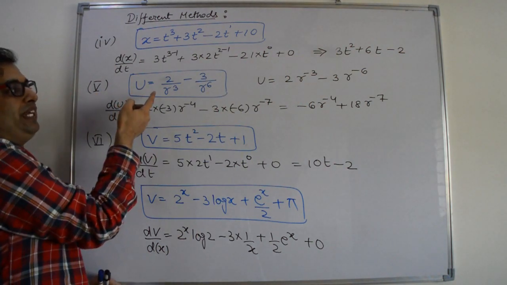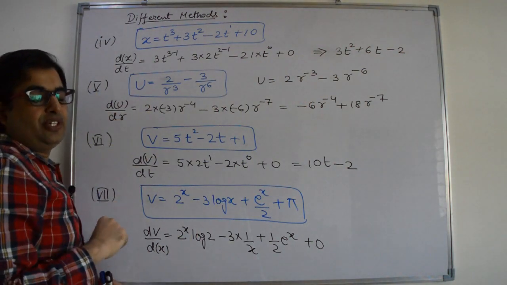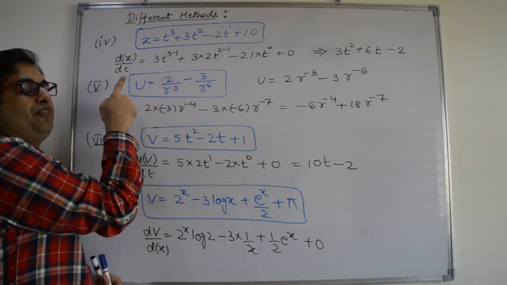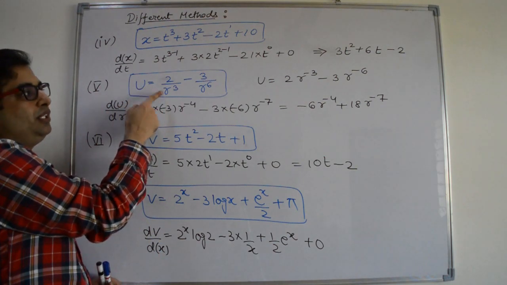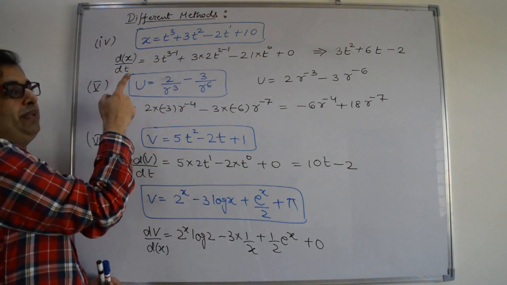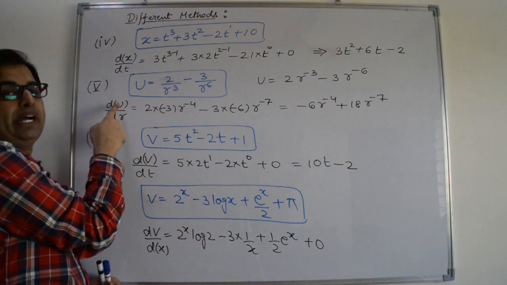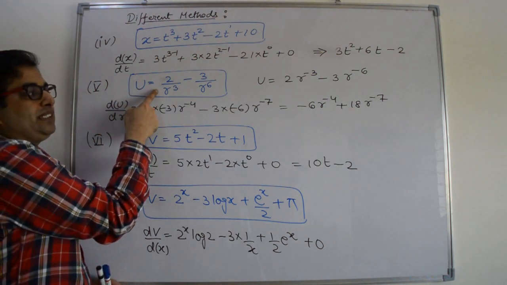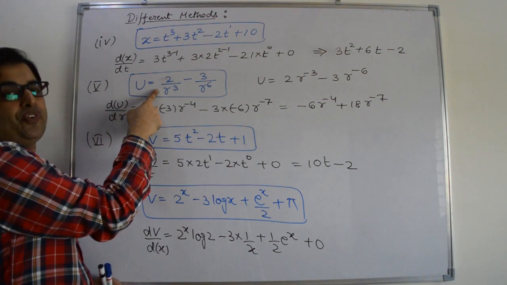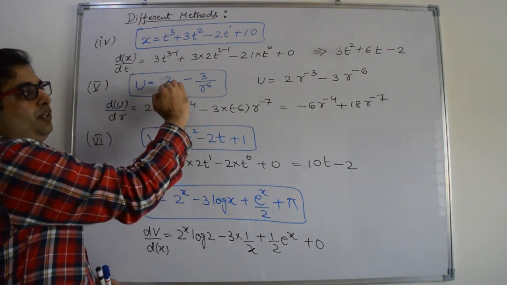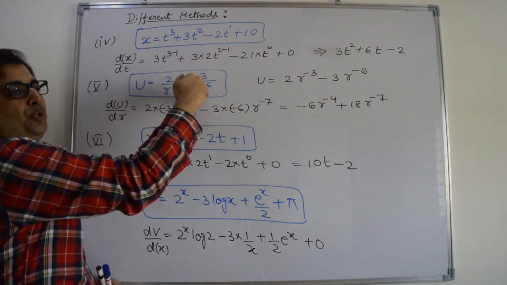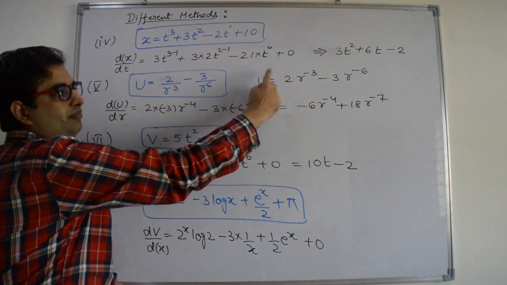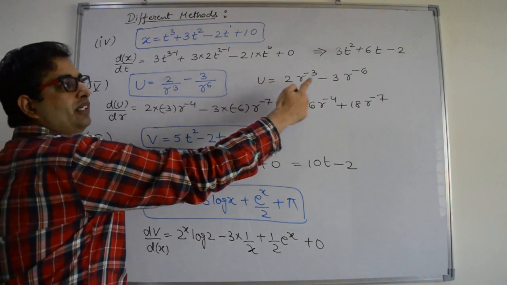Next, we have variables u and r. We don't have x and y or t. This time we have u and r variables, and we have to differentiate it, meaning we have to calculate du by dr. Du by dr. First convert it into the standard format, x power n. Move these two values to the numerator, so it becomes 2 into x power minus 3,